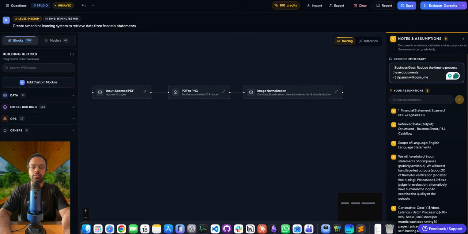Will consume at FP16, so 2 bytes per param. So this will roughly be around 6 GB approx. Okay, will consume approx 6 GB VRAM at FP16. 16 bits, 2 bytes. So therefore, this should be 6 GB roughly. Plus this, I said that there's a lot of inference level infra, which is like you have the KV